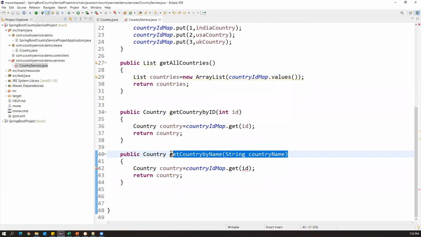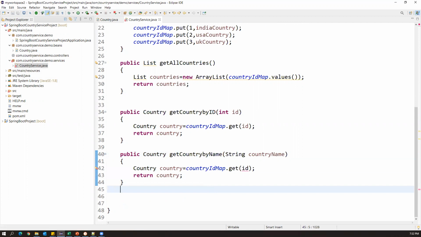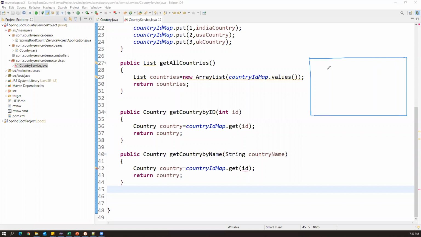So when I get the name, how can we extract the country details? Here we cannot directly get by country name, because if I just look at the hash map, the data is like this. These are only keys, 1, 2, 3, and these are the keys, and X, Y, Z, and here capitals are there. What I'm asking is, when I pass the country name, I should get the country details.